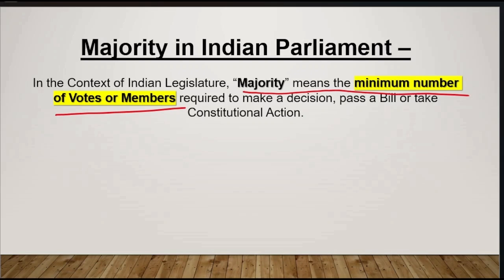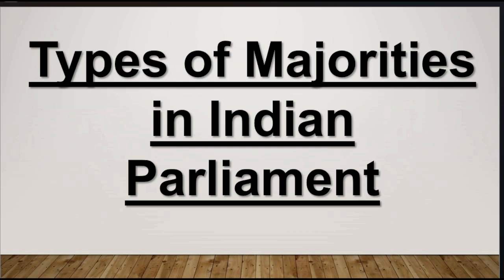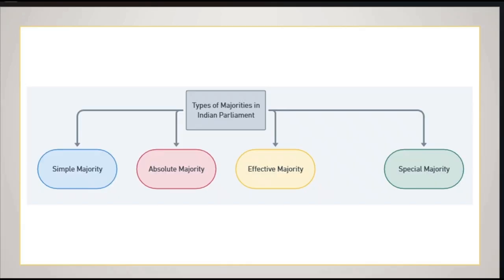সো নাও নেক্সট কামস, অ্যাজ আই মেনশন প্রিভিয়াসলি, আমরা নিউজ পেপারে টার্মিনোলজি শুনতে পাচ্ছি। ফর এক্সাম্পল সিম্পল মেজরিটি বা অ্যাবসলিউট মেজরিটি। So the next question is that what are the types of majorities we are having? So কি টাইপের মেজরিটিস আমাদের আছে? Now basically we have total 4 types of majority. First is simple majority, next is absolute majority, third is effective majority, and the fourth one is special majority. So there are 4 types of majorities we are having: simple majority, absolute majority, effective majority, and special majority.